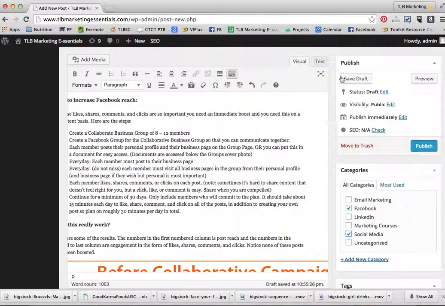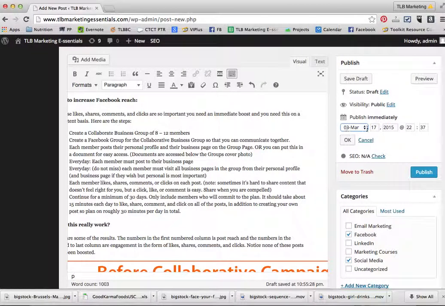And now that we've done that, we can either save it as a draft if we don't want it published yet. We could go in and we can publish for later. So I could simply click on edit, and now I could say what date I want that published. So if you want to spend just 2 full days creating the next 6 blog posts or whatever, or even 6 months worth of blog posts, you can do that, go in, add them, and just simply schedule them all. I am going to say publish immediately, so I didn't actually have to click the edit. So here we've got the date, and I'm simply going to say okay.